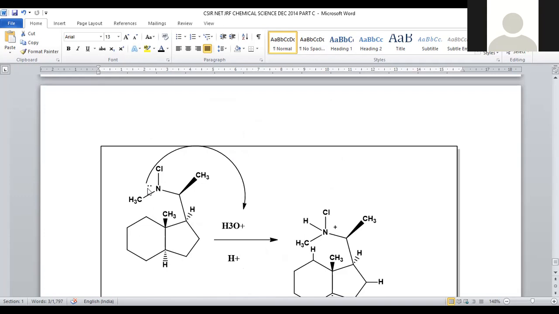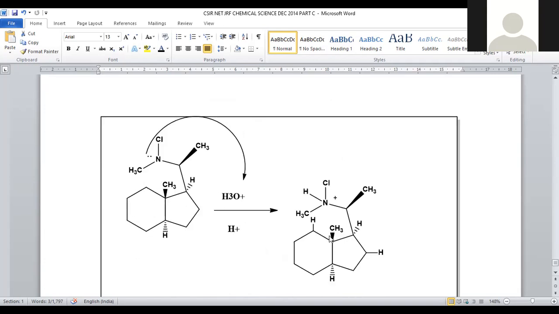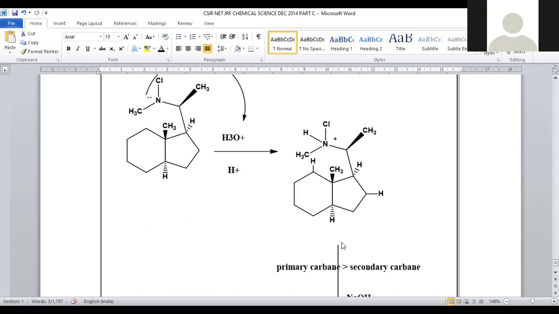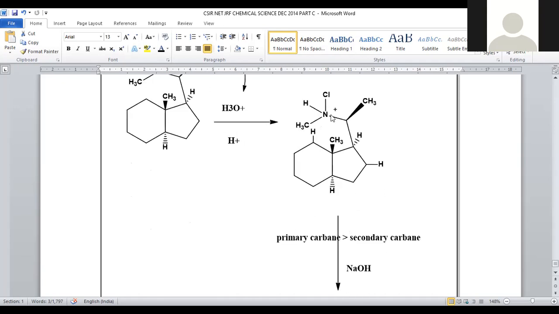That nitrogen will be accompanied by one lone pair of electrons. This lone pair of electrons is used to abstract the H plus present in the protonated water. So protonated water will lose one of the H plus towards this nitrogen, eventually turning into a quaternary type of nitrogen. Nitrogen with 4 bonds is called quaternary, and loss of electrons is denoted with positive, right? So now it will participate in the reaction with sodium hydroxide. The second reagent will be sodium hydroxide.